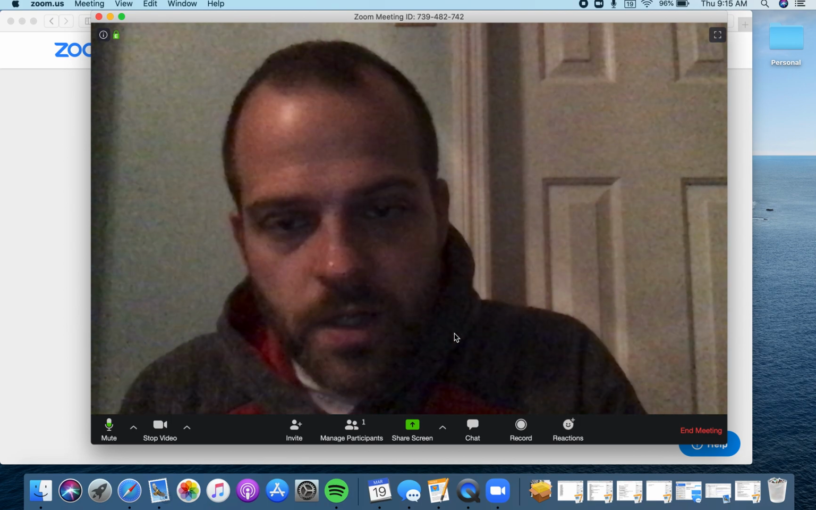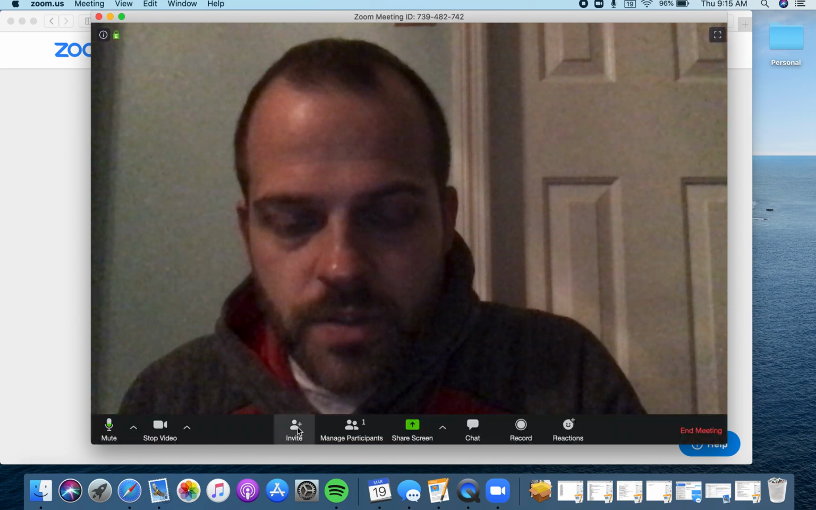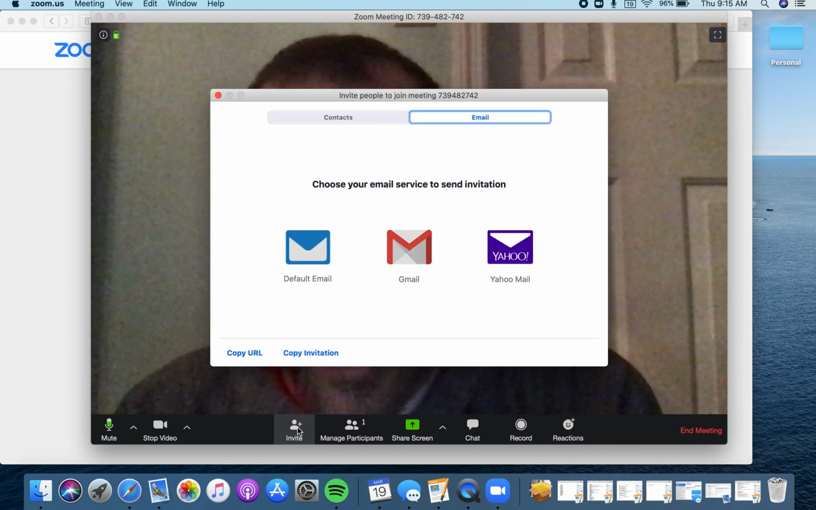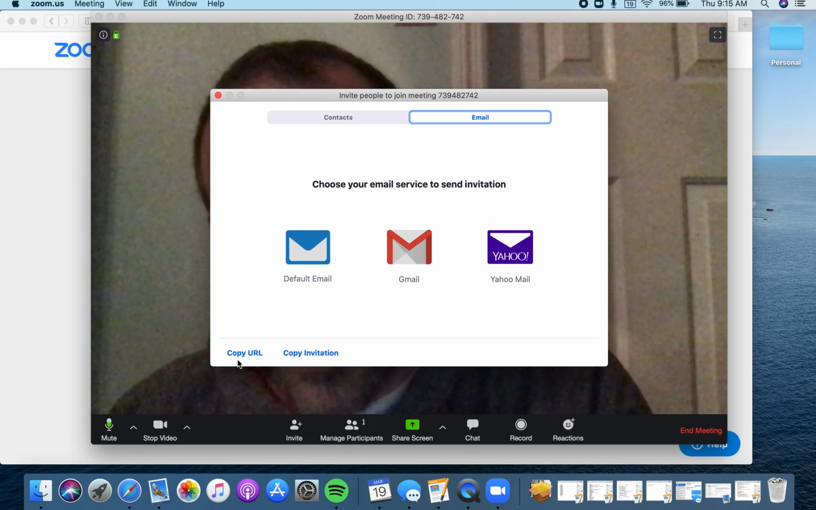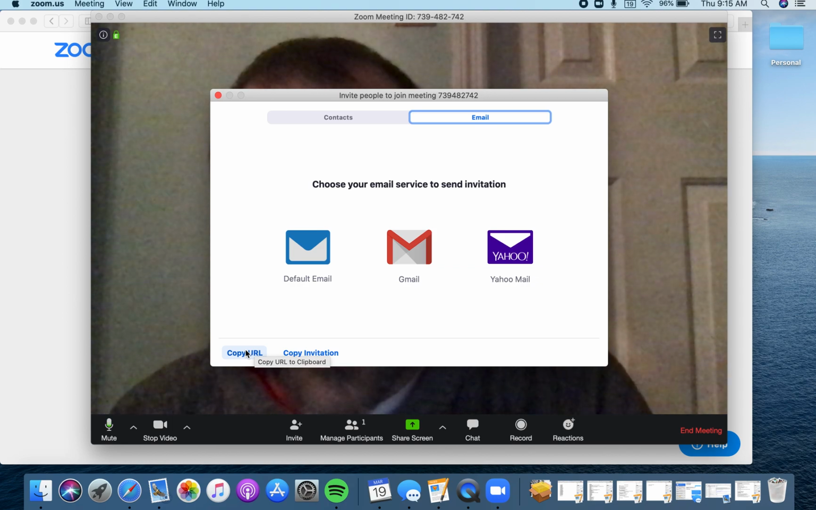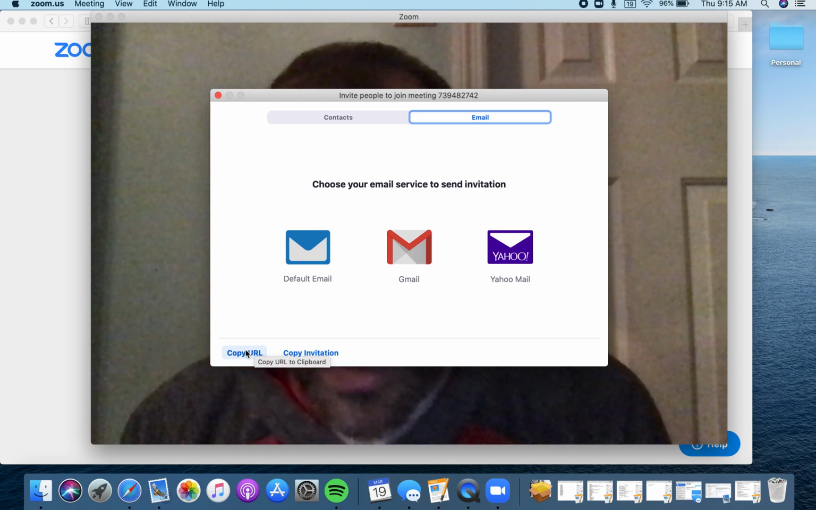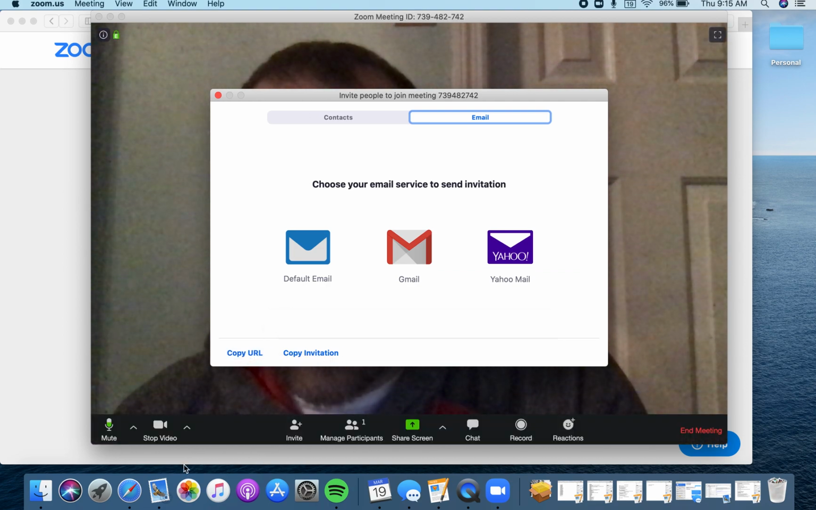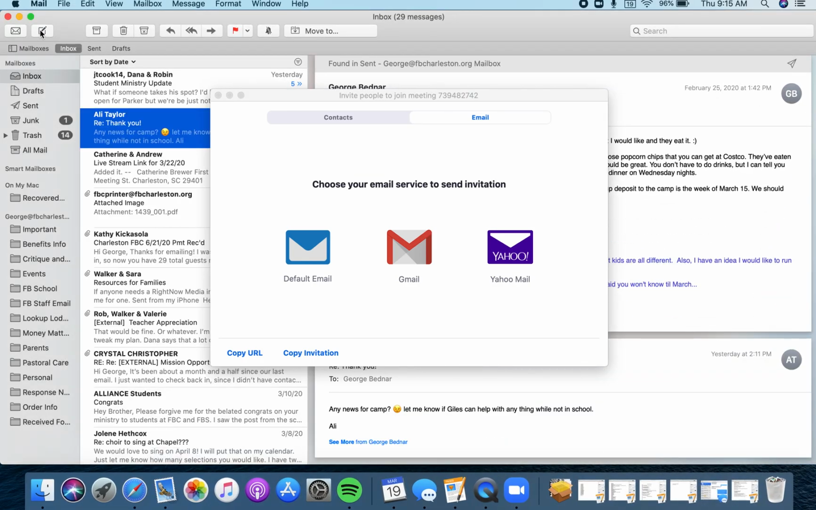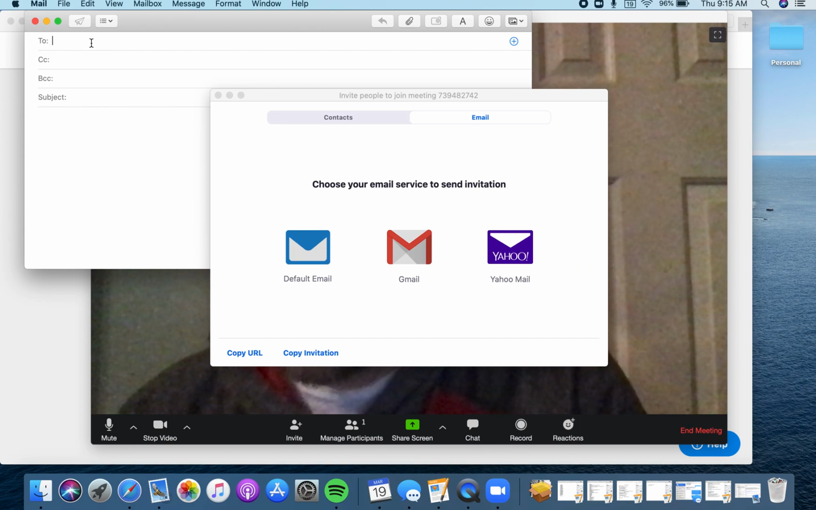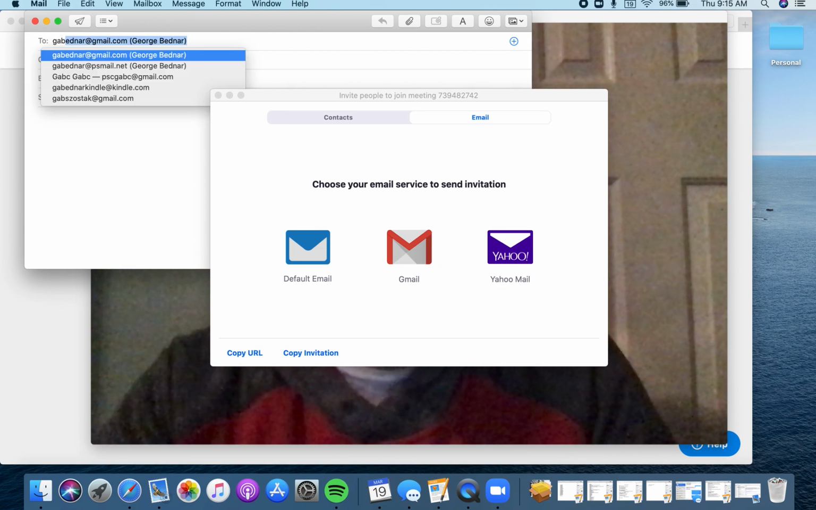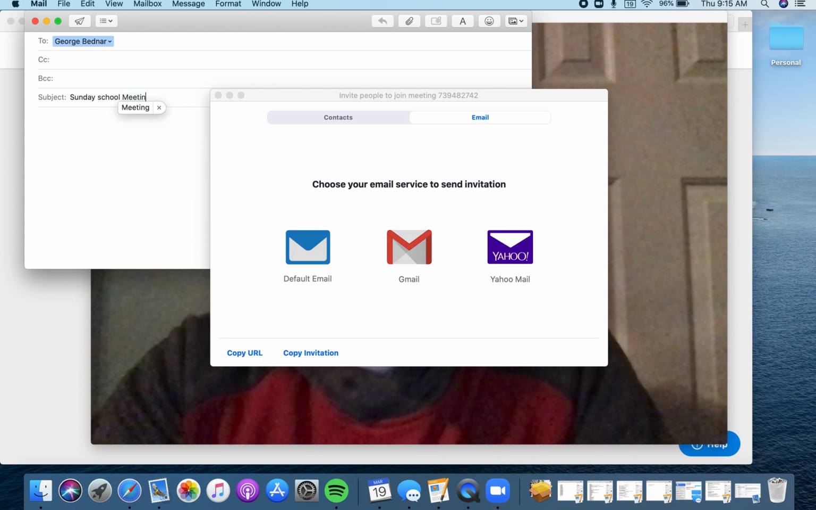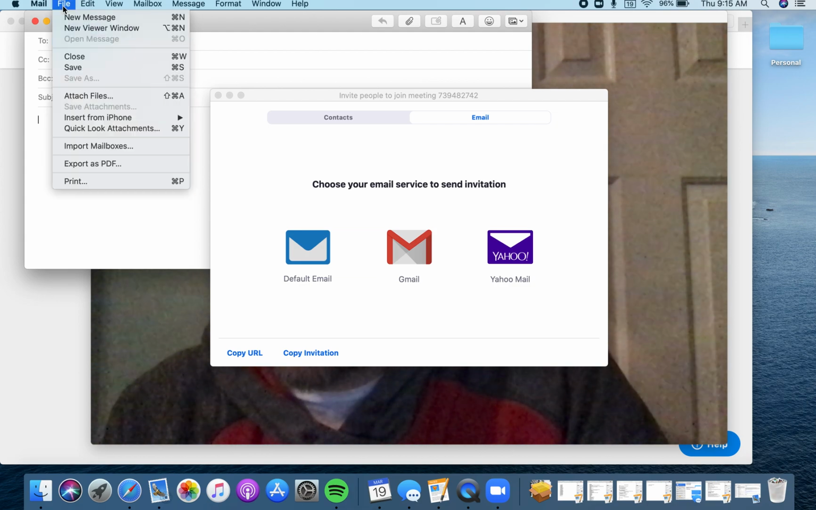So the way that you will invite people is you go to invite, click this, and it gives you different options. The option that I found the most effective with our students is I clicked this down here, copy URL, and that's going to copy to your clipboard in your computer or on your phone, and it's going to give you the chance to then email it to anybody that you want. So you open your email, and let's say you want to send it to somebody. We'll send it to myself just for the example, and we'll put Sunday school meeting, and then in the body of the email you just paste,